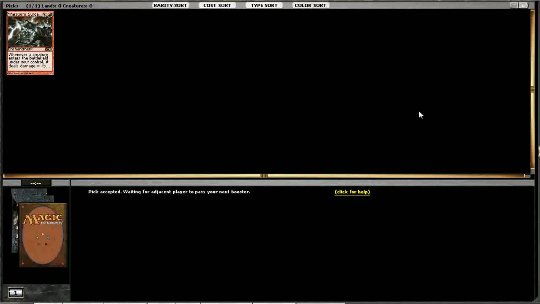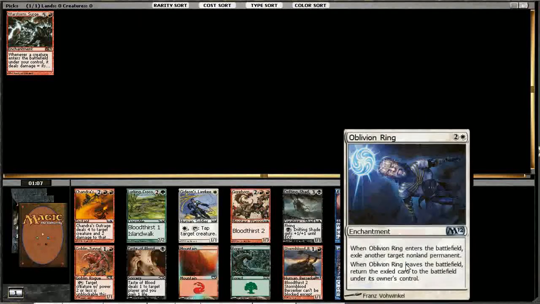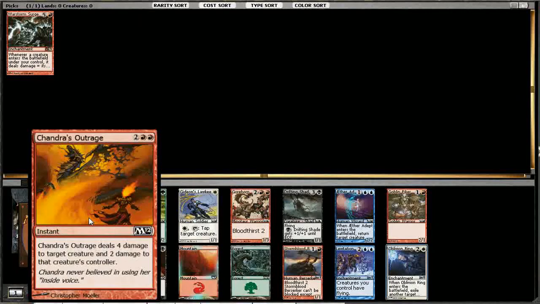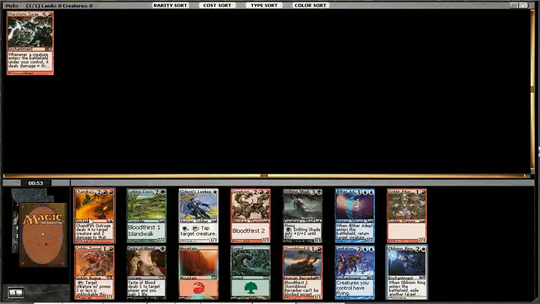Maybe we get past some nice red here. Probably not. Well, a nice white here, Oblivion Ring, which is a very good card. Chandra's Outrage is fine too. Burn and damage to the opponent, which would enable the Bloodthirst. Oblivion Ring is good,